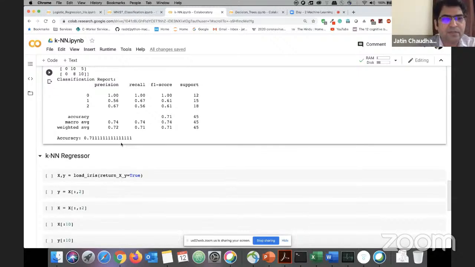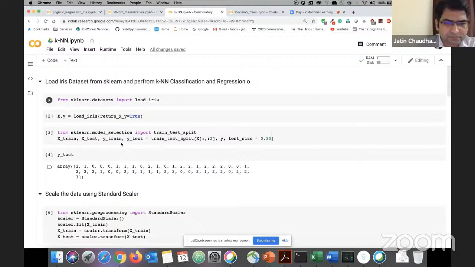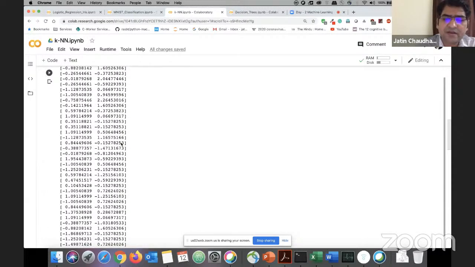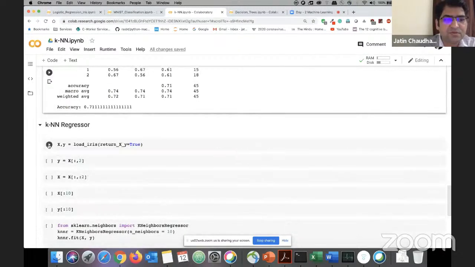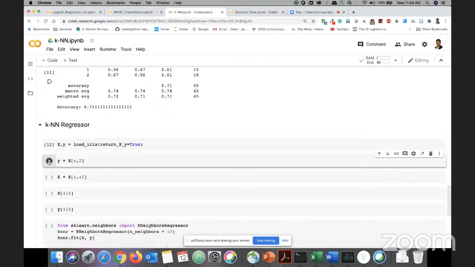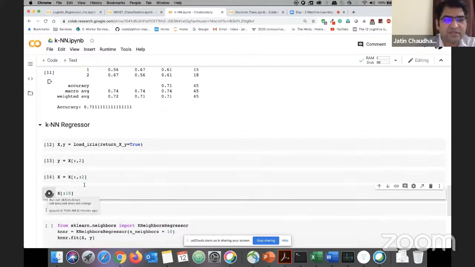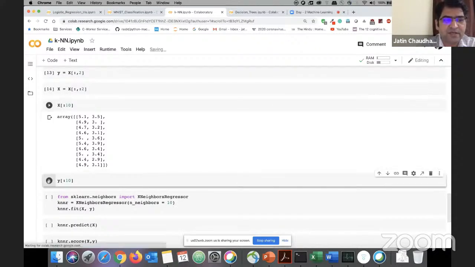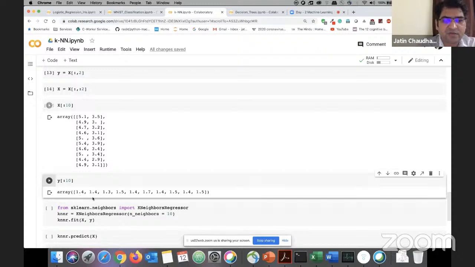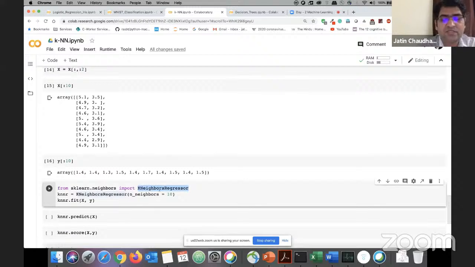All right. Now, as I said, you can use a KNN regression also. So what does a KNN regressor actually mean? Again, you load your data set, and we will only take the first two columns as input, and we'll try to predict the third column of the input. So these are our first two columns. Let's say the first 10 samples of the two columns, and this is what we will try to predict, the third column, 1.41. So instead of a classifier this time, you instantiate a regressor,